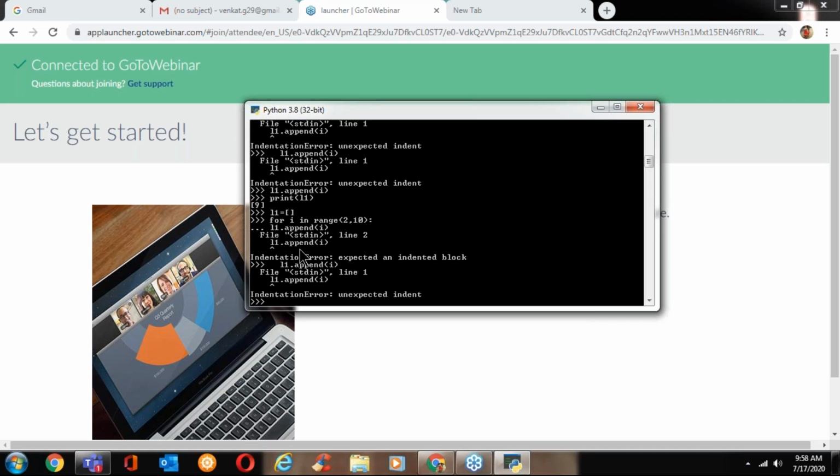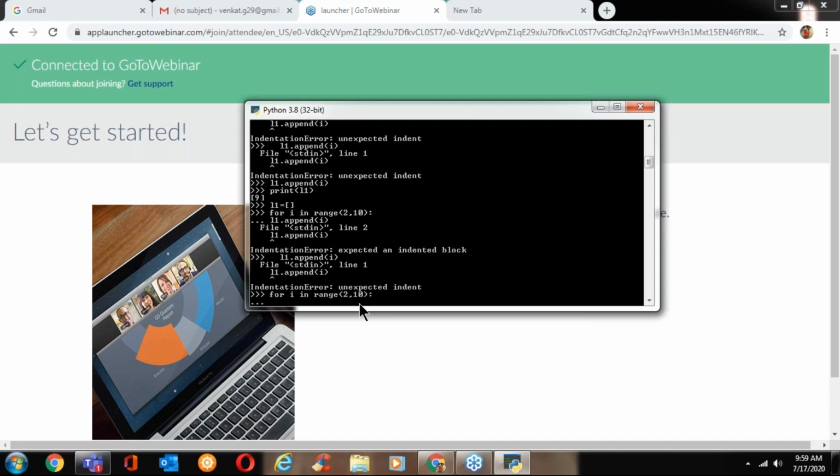What is there? You can see the unexpected indent. Let me show where you missed it. For i in range, L1 dot append, give four spaces there. Again, first you write the for loop, I will tell you. Enter.